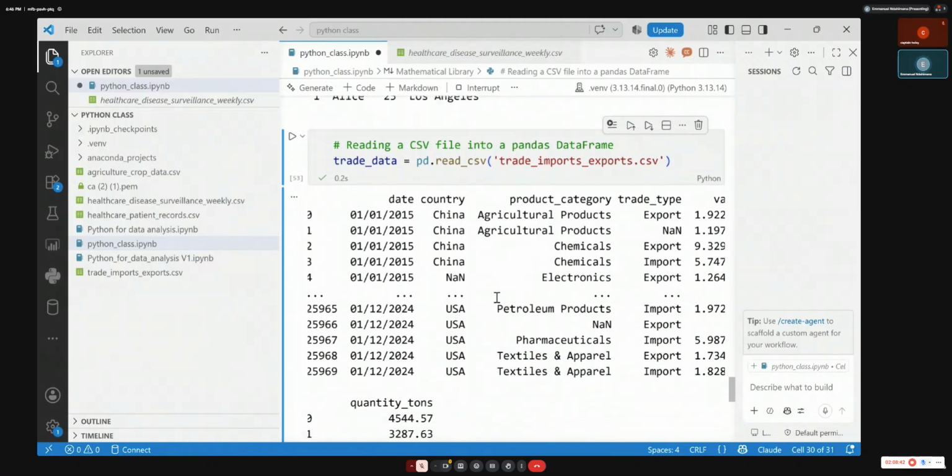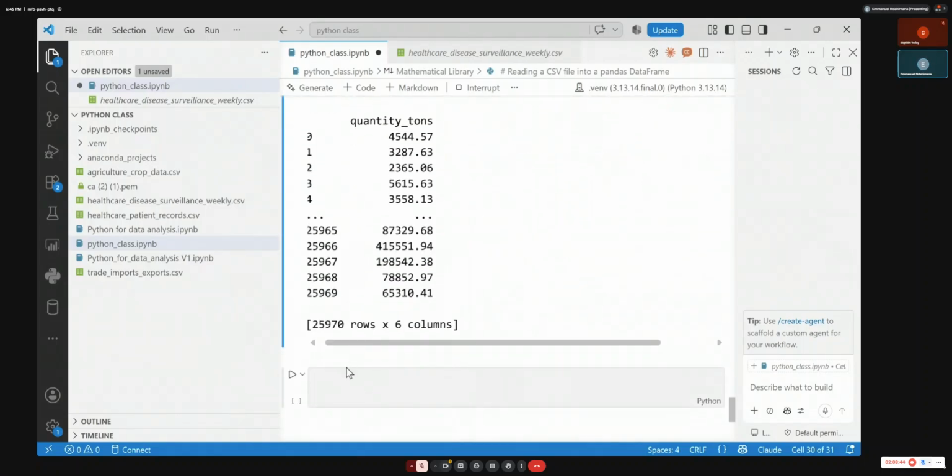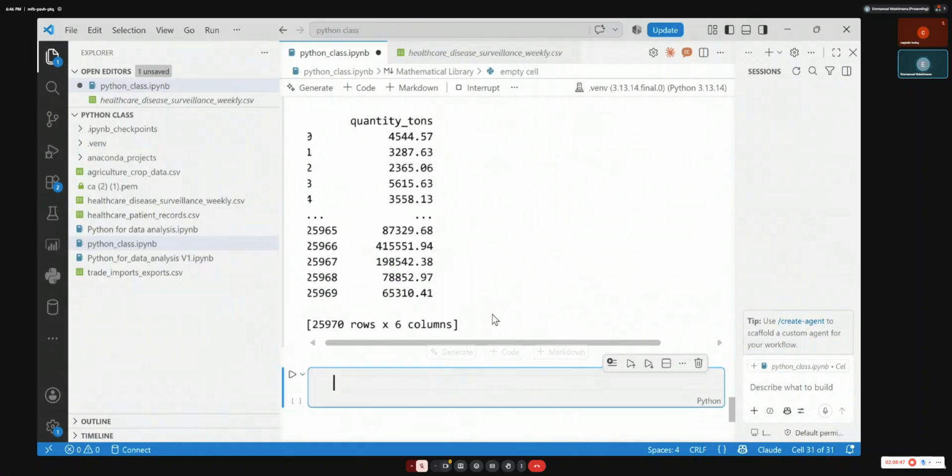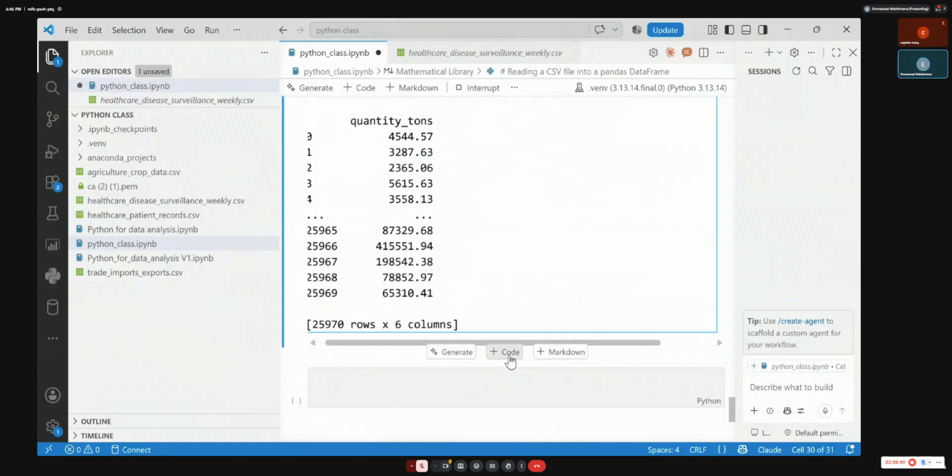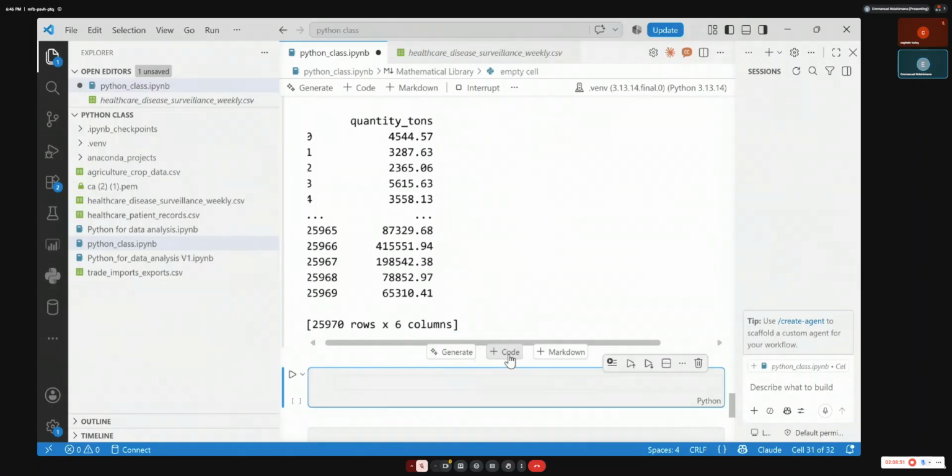There is a code that we call head. Head helps you to display the first top rows of the table, the first sample. Let me just put the comment there, displaying the top 10, the top number you like.